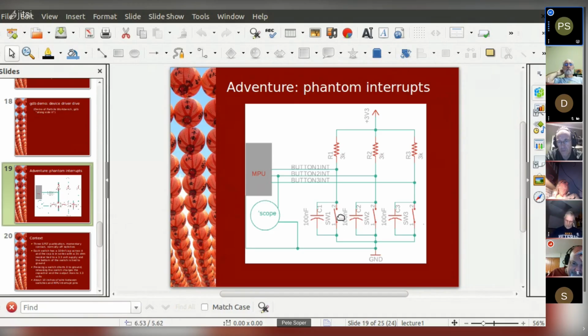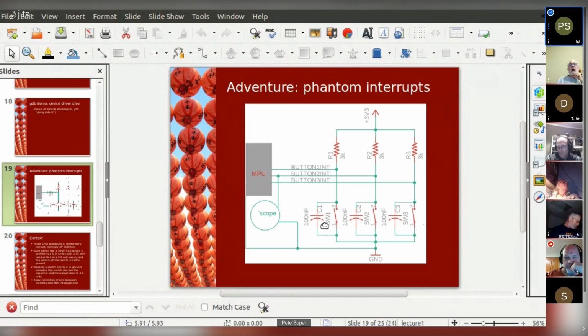And when you let go of the switch, this capacitor is charged up, and while it's charging, the voltage is increasing from ground back up to the supply voltage. The timing of the 3K resistor and the 100 nanofarad cap comes out to a very, very quick rise time.